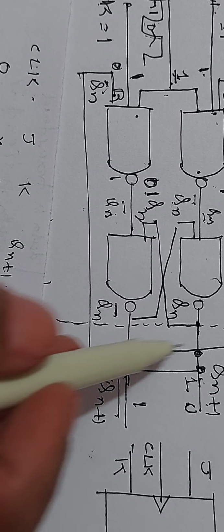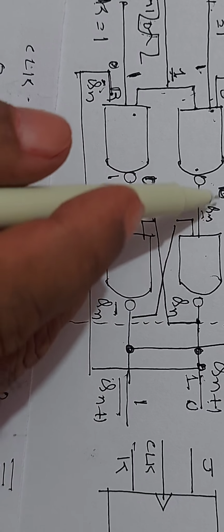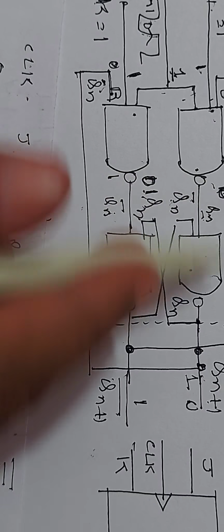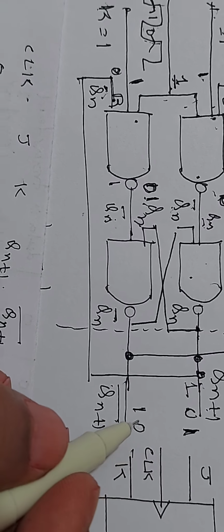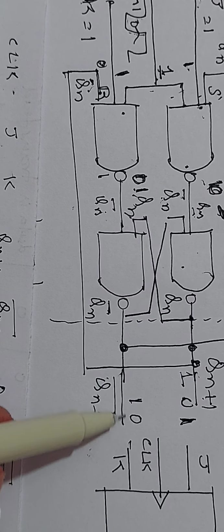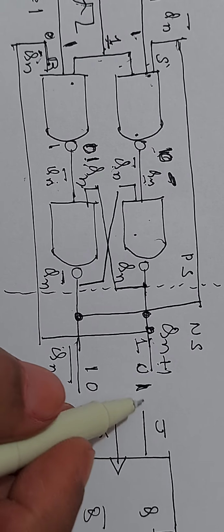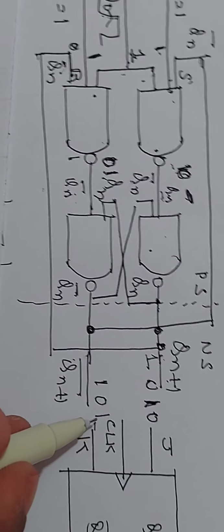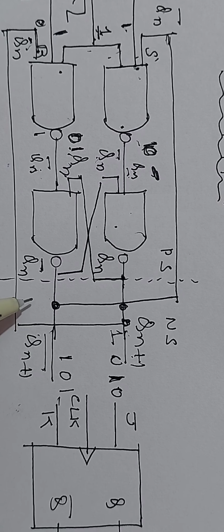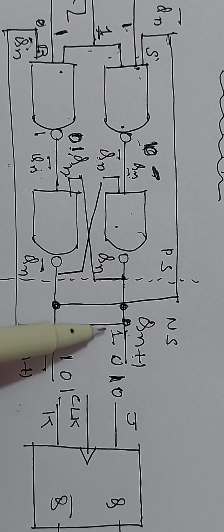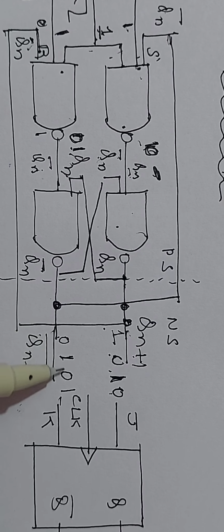Since this 1 is fed back to this, 1 into 1 into 1 is 1. Complement is 0. Therefore, 0 and 1 are the inputs. If this is 0, output is 1. If this Qn plus 1 is 1, this goes to 0. Again, this 0 is fed back to here, and this 1 is fed back to this. And the state goes to 0 and 1. That means the illegal condition 1 and 1, which was earlier in clocked SR flip-flop, has now changed to 1, 0, or here it is 0, 1, 0, 1.